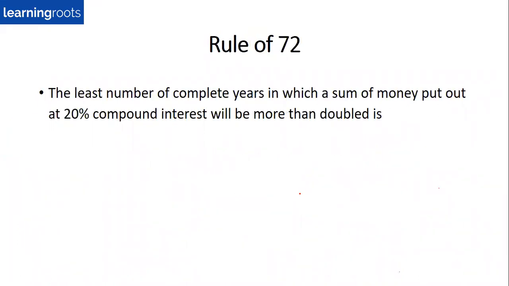Let's go to the next one. So this is another concept. You'll see a lot of questions where they will ask you the number of years in which a sum of money put at some rate of interest will be doubled or more than doubled. Okay. So when they're saying more than doubled, it means it has to just cross the double value. That's the meaning of the question. So the rule of 72 is nothing but it gives you the time or rate of interest at which a sum will double